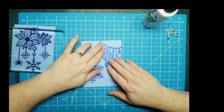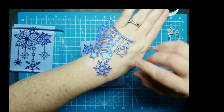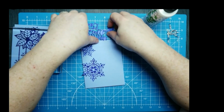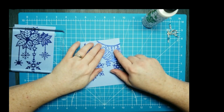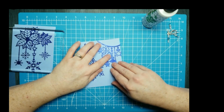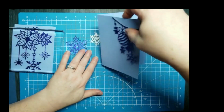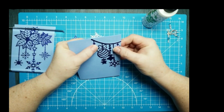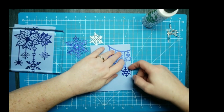So this one, I am going to put it right on the edge because I don't know how well you can see it, but the tip of that star kind of got torn off, or I didn't have the die centered. I'm not sure which. So we're going to just put it on the edge so that I can just trim it off. And I want to line that up pretty close though. So let me just pick it up so I can see it a little bit better. There we go. And this time I'm just going to start at the bottom